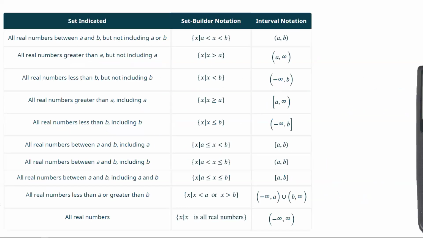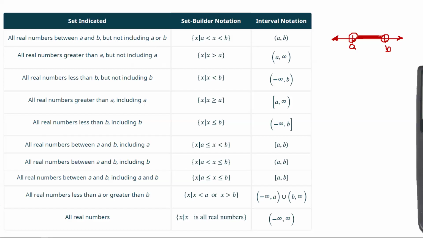All right. Here's a whole bunch more. I don't think we need to worry too much about all these, but you could see the set notation or the interval notation. Here we're talking about everything between two numbers, A and B, and those could be anything, but I'm not including it. They're both soft brackets, so it's an open circle on A, open circle on B, and everything between A and B, all the way up to A, but not A, all the way up to B,